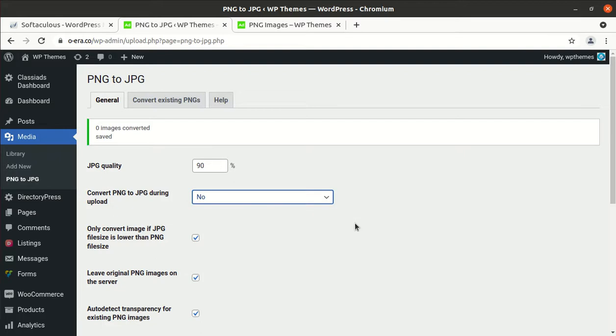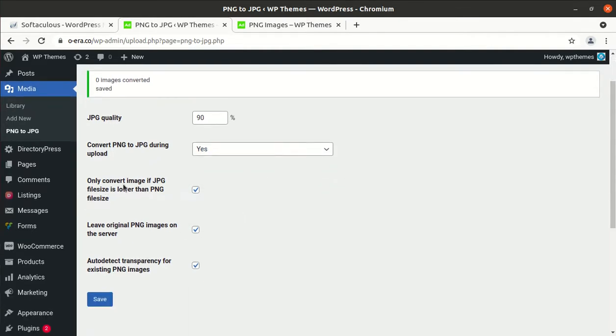PNG images are used for transparent images, and this is the setting where you can choose what to do with those images while uploading them, and you can simply keep it yes. If you want to maintain the transparency of the image, you can select the other option, yes but only images without transparency, but I am selecting yes simply.